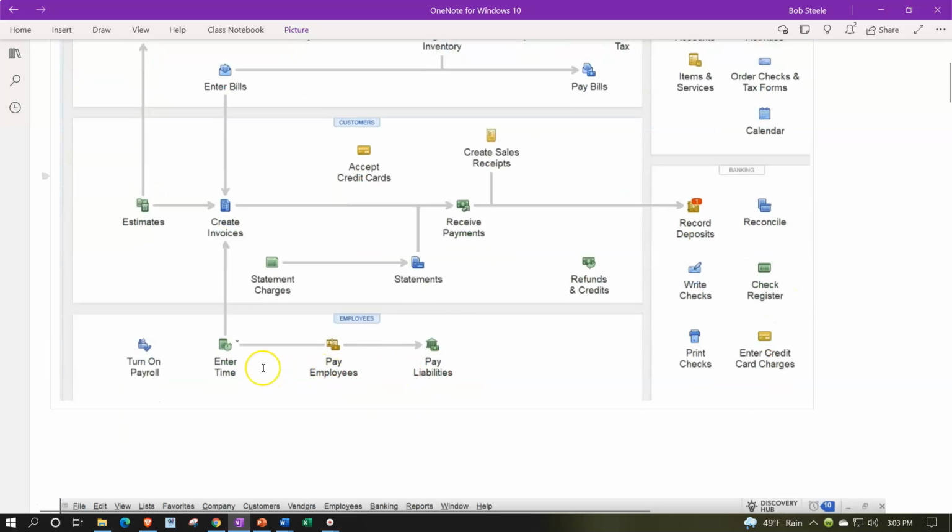We're focused down here on the entering of the time, which can be used to track time to then pay the employees if they're going to be paid in an hourly way. But we're going to use it here, as is often the case in a service industry, a partnership type of setup, for example, where you have staff like a CPA firm or a law firm, where you're going to be charging out the hours from the staff to clients